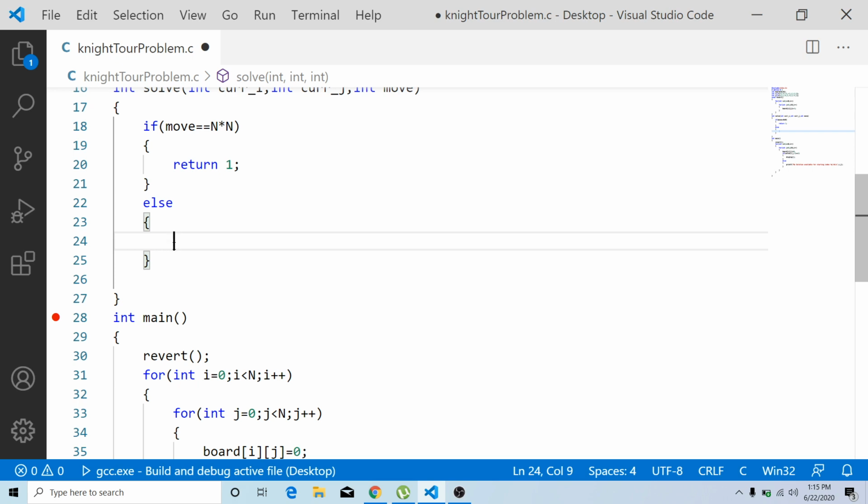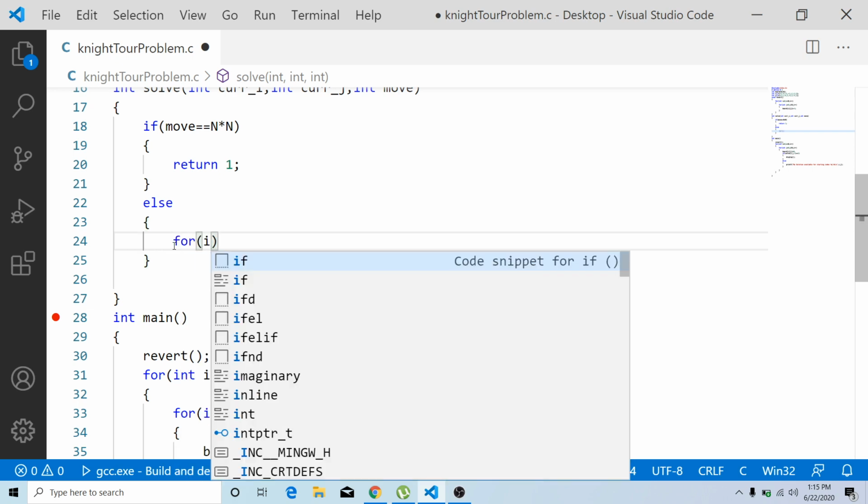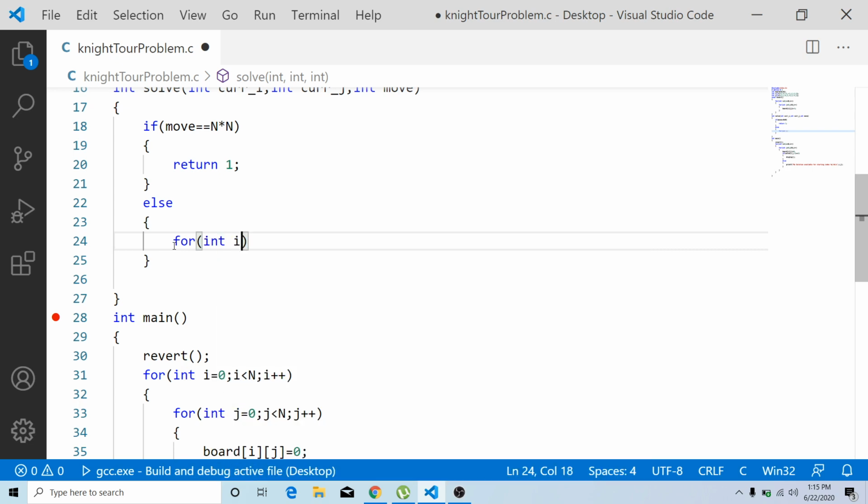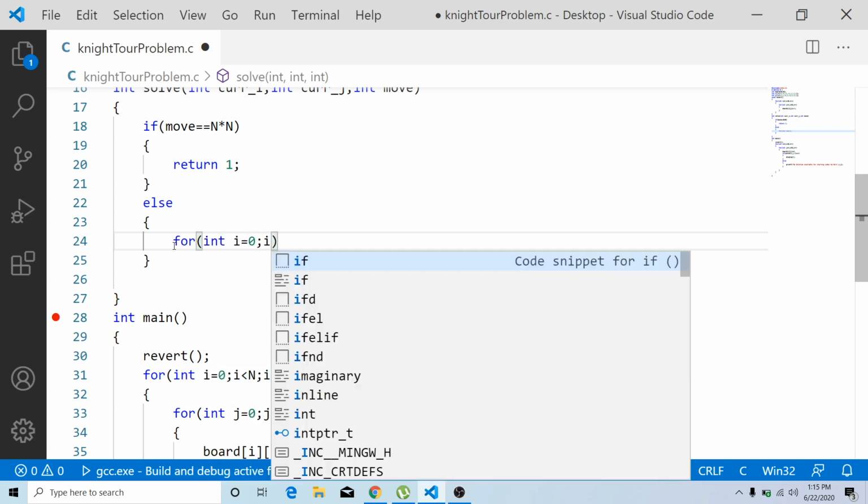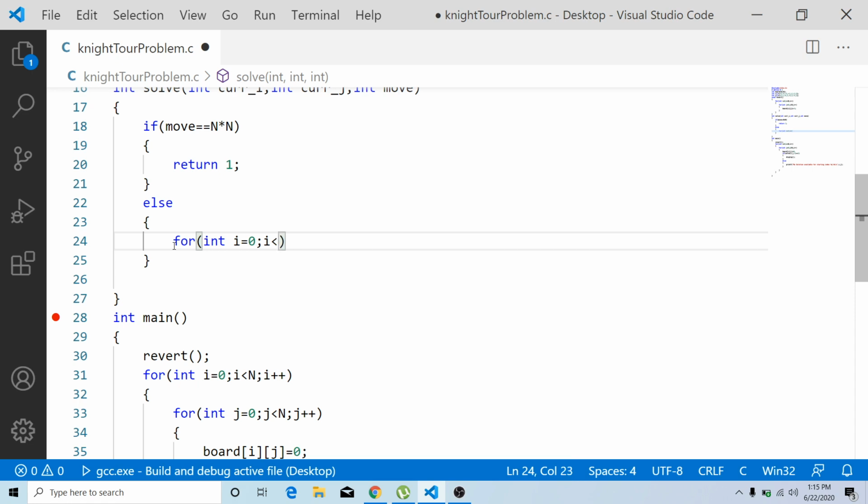to move your piece. So I'm going to write a for loop which has i as a variable: i from 0, i less than 8. Why is this 8?